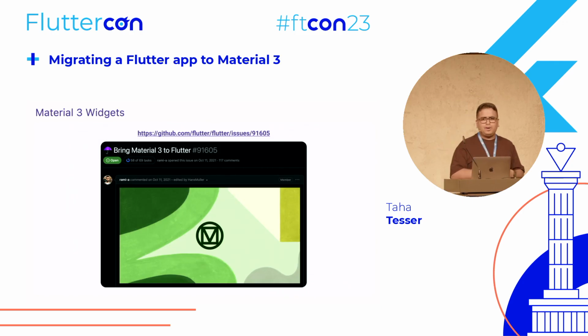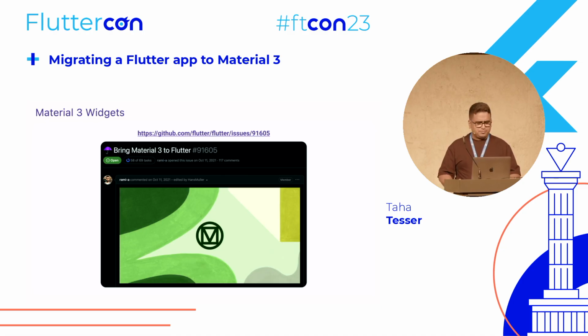There is a popular Material 3 issue. There are hundreds of comments on this issue. In this issue, you can track all the components, the typography updates, color scheme updates, what's coming, what's missing, what's in progress. If you haven't visited this issue, you have to visit this issue. And those who have already seen this issue, I encourage you to check this again, because it is updated constantly. A few months ago, we had some updates on the description of this issue. So it's worth looking at this issue once again, just to see what the current status is,